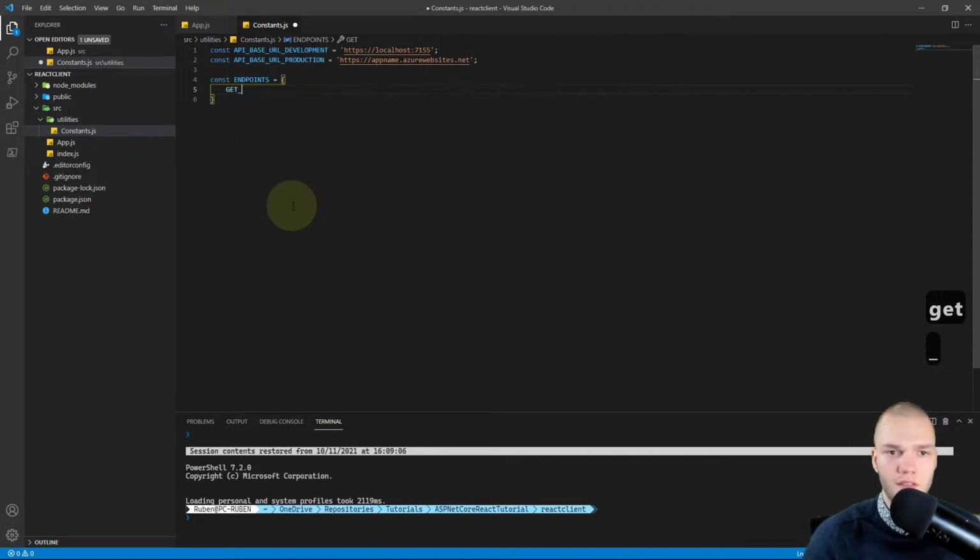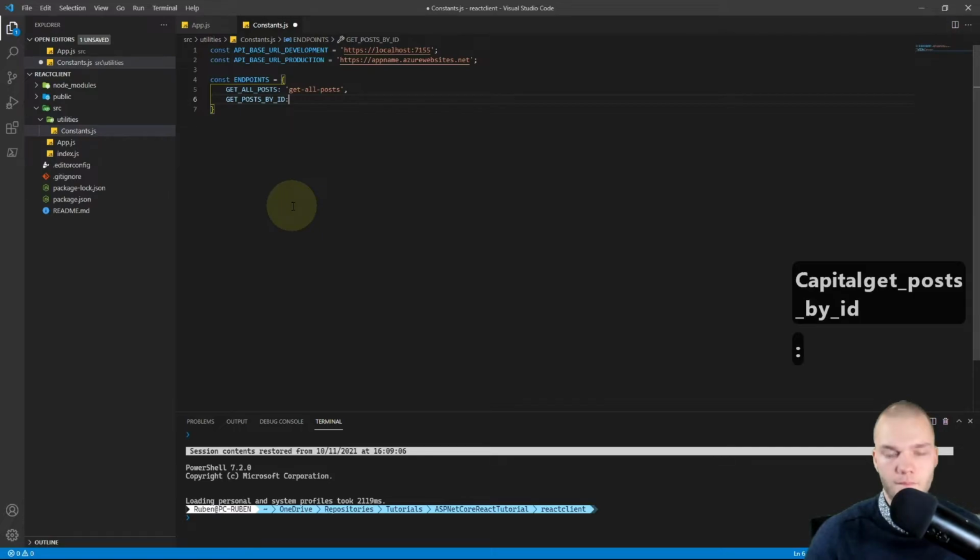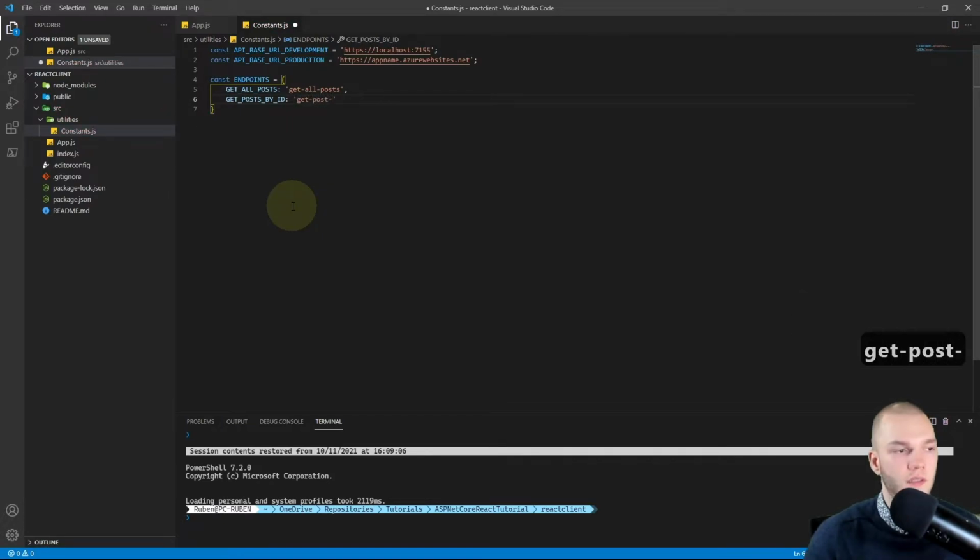So I'll start with GET_ALL_POSTS, set the value to single quotes, and then our endpoint route. Then for the next one I'll do GET_POST_BY_ID, and I'll set that to get-post-by-id,